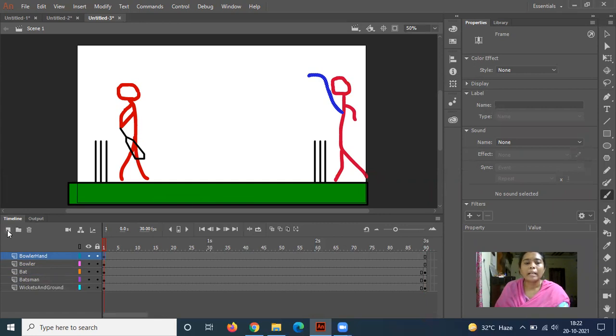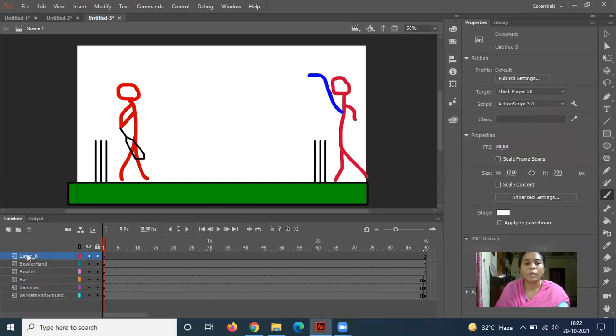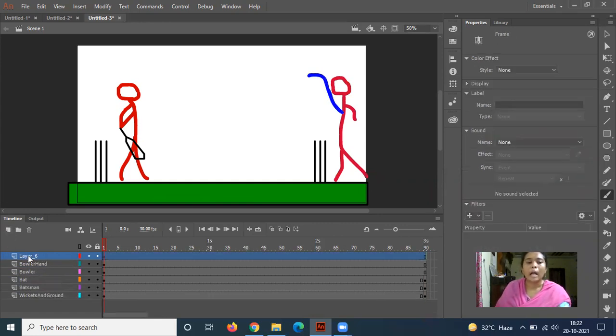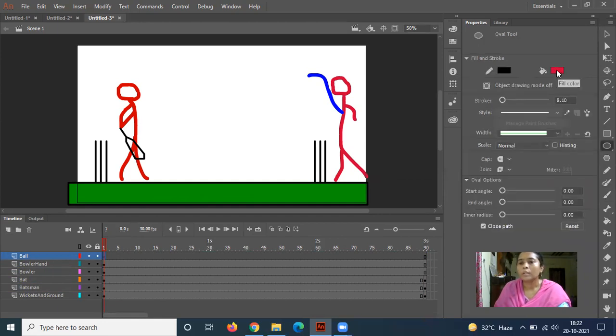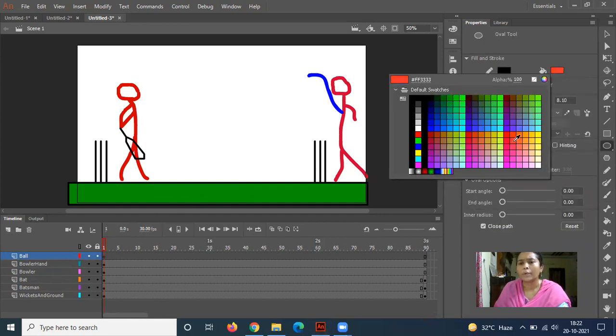So now the next layer is the ball layer. So now I create a new layer and rename this layer as ball. Okay. Now just exit from that edited mode. Select the first frame of that ball layer and take the oval tool. Select the color, whatever color you like.